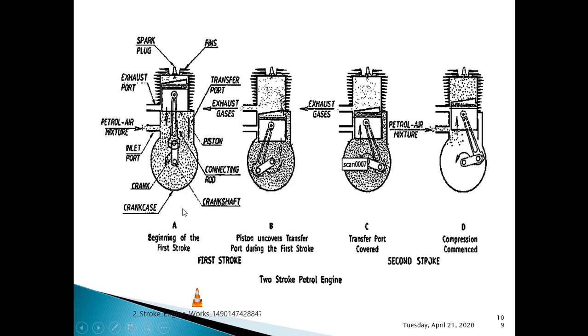So that is actually the first stroke. It's very simple. I will tell you once again. The first stroke, let us begin with the power stroke. The spark plug will give the spark, and the spark will ignite that air fuel mixture in the combustion chamber, and because of that an enormous amount of exhaust gases will be released, and those exhaust gases will try to expand. That means they will make the piston move downward, and that is actually the downward stroke.